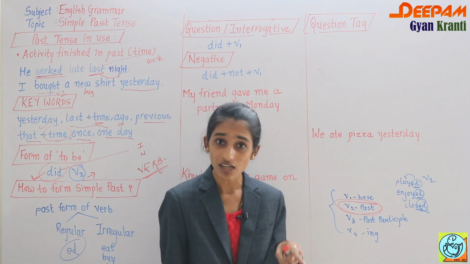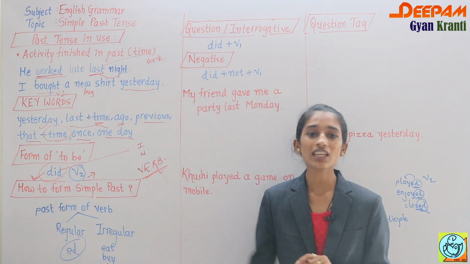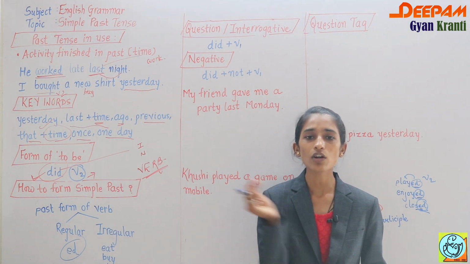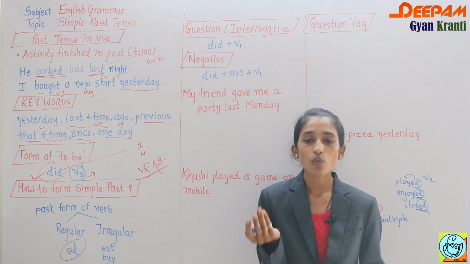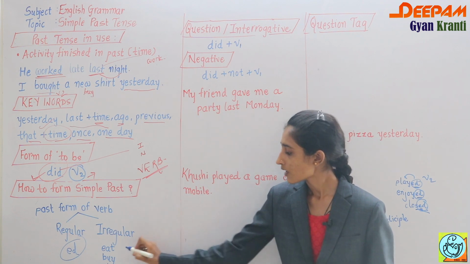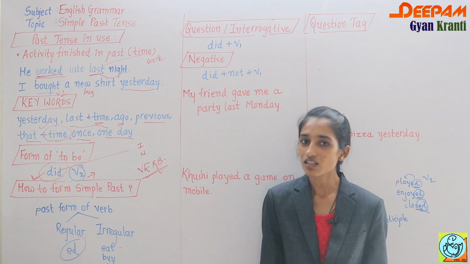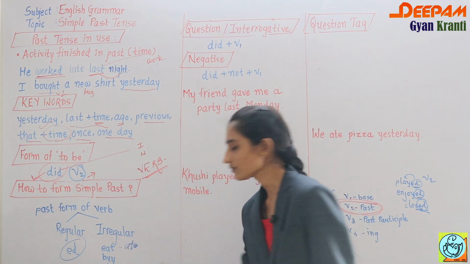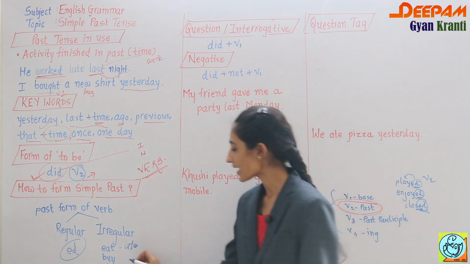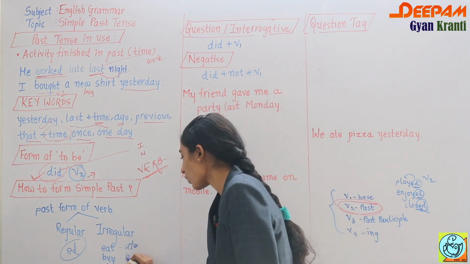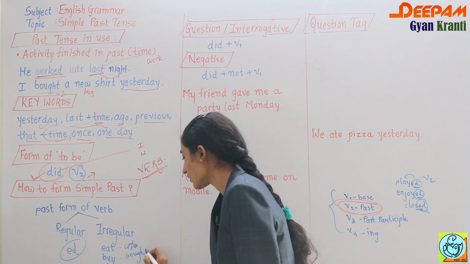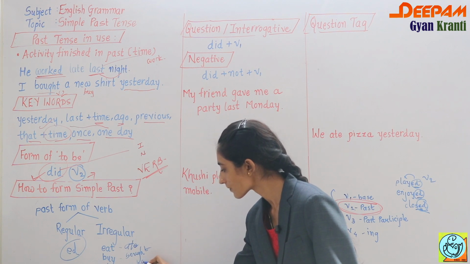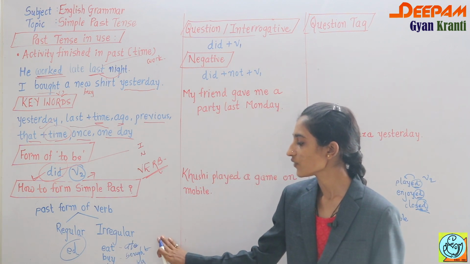That is easy, but the complication is in the irregular verbs. With an irregular verb you cannot add the suffix ed. That is totally different. See, if I have eat, it is not eated. The past form of eat is ate. Same with buy: the past form is not buyed, it is bought. Same with sing: the past form is sang. So these are the irregular verbs.